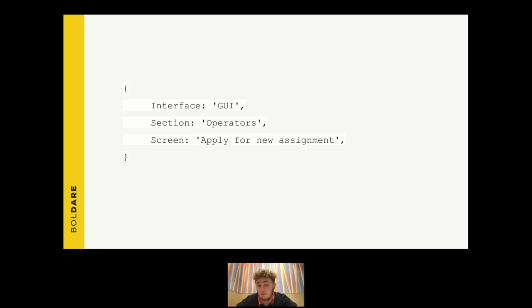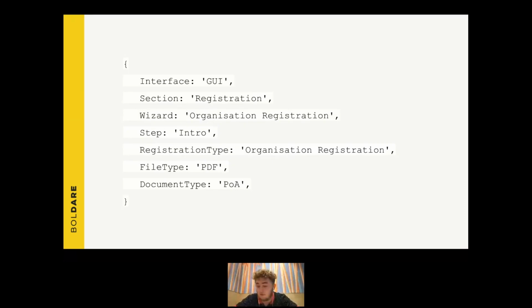And as you can see, what worked for the company was the interface, section, and screen. When we talk about the graphical user interface, sometimes along many iterations and building the platform, the needs for subsections increased as well, so that was added to the tracking. But sometimes we got even a wizard with a number of steps. It's like a huge form, right, with a few pages of form. For instance, registration is working like this. So this one is a little bit more complex.